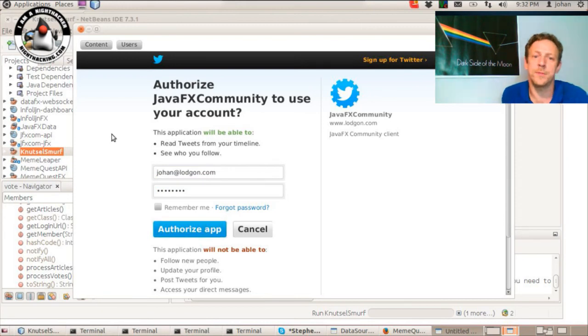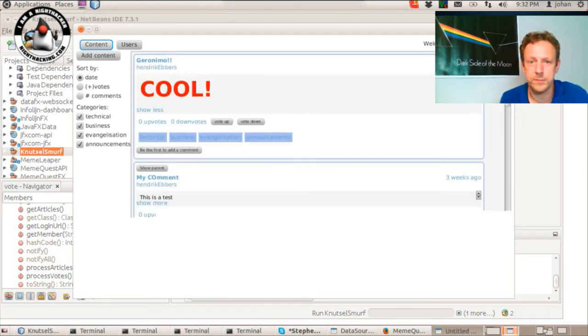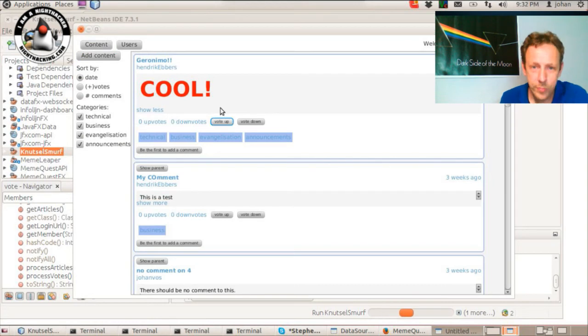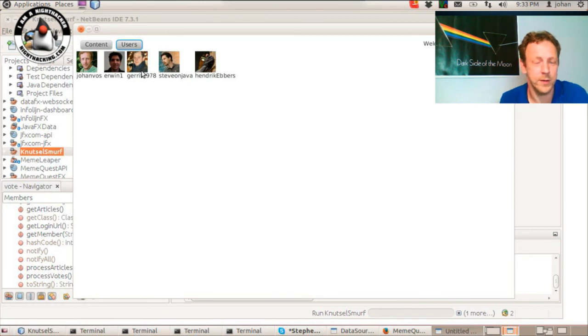Whether you're going to use a web framework or JavaFX, it connects to the same backend, and you can use the same APIs for connecting to social networks. Nice, and that was using a JavaFX web view to bring up the page. Exactly, yes. And you can see the pictures are taken from